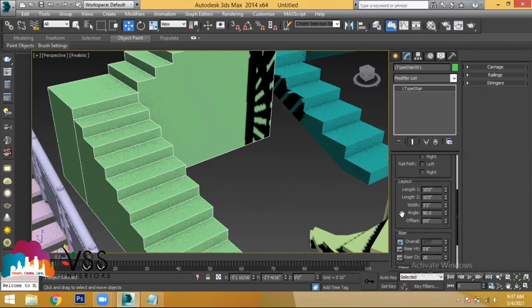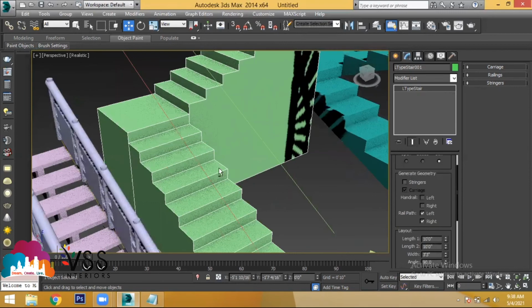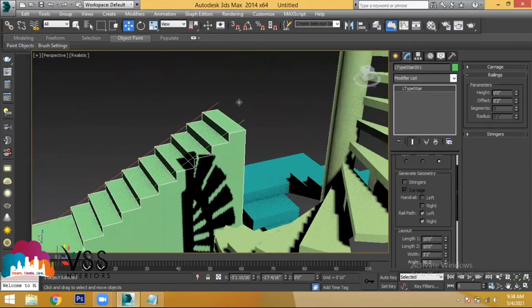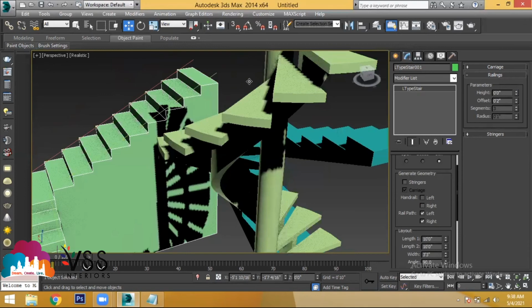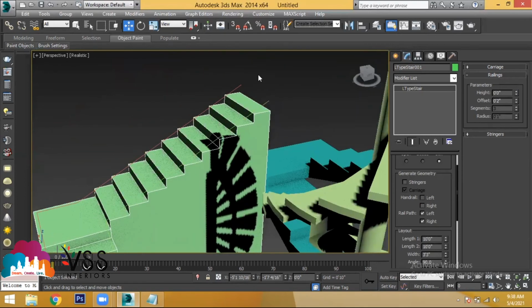You have to add the rail path, left and right, in the staircase. Where is this path provided? On the top of the staircase. Now go to the railing option in the staircase and provide this height at the 0 position, exactly onto the staircase, not above the staircase.